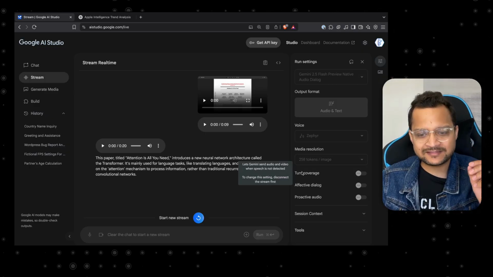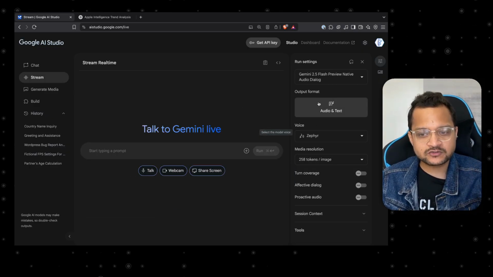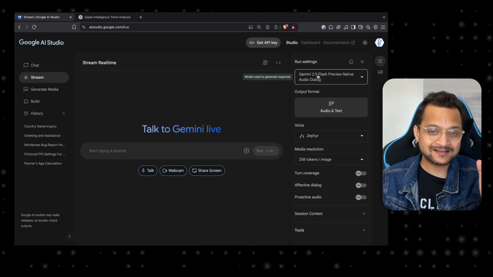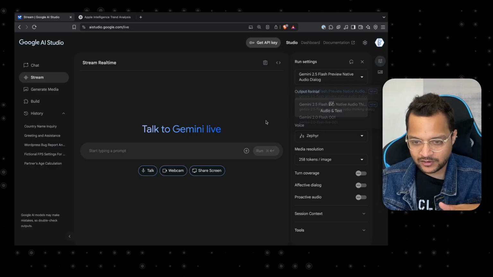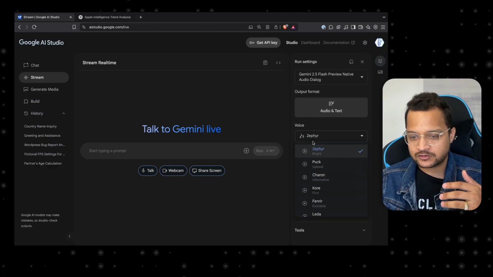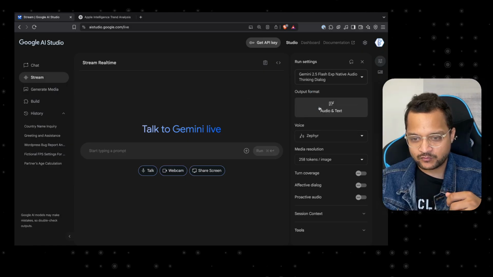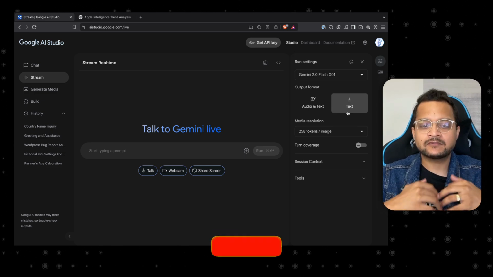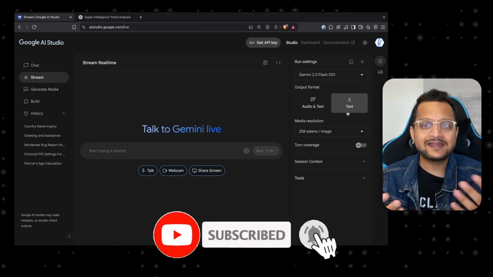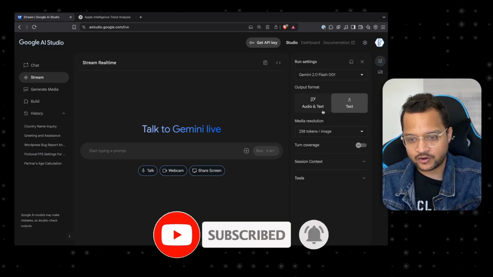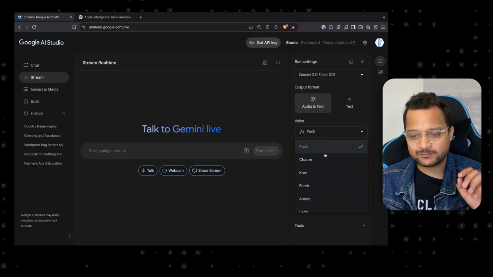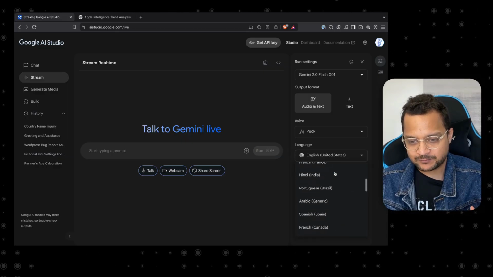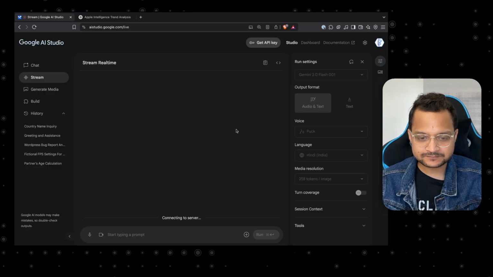Great. But with that, you can see we have a lot more options on the right side for this talking, webcam, or screen sharing, basically the streaming part. You can have a different model on that. You can choose a different voice. Maybe I can go with this model, then I can also have text in the response. So whether I'm asking or whether I'm screen sharing, it's always going to respond in text only, not in audio. If I am on audio, I can pick a voice, and I can pick a language also. So let's say I pick Hindi, and then I'll say,